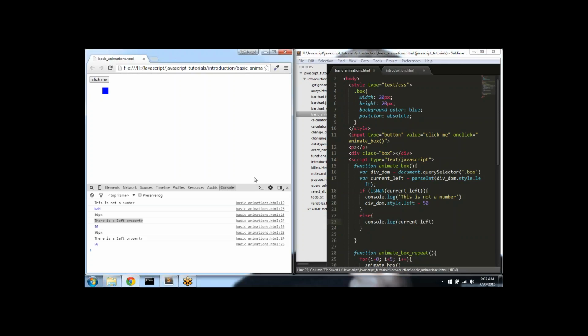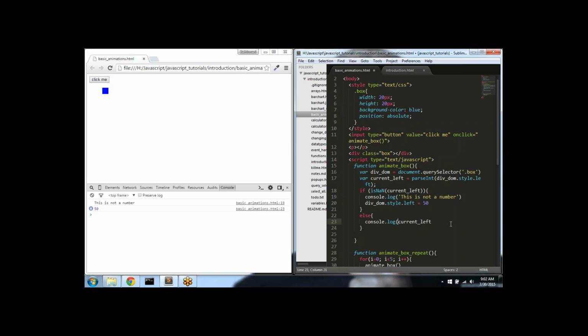Current_left. So for the very first time, it says this is not a number. It just moves. For the second time, it will print 50. Third time, it will print 50. Fourth time, again it will start printing 50. Okay. So what I'm going to do now is add this to the property, document dot